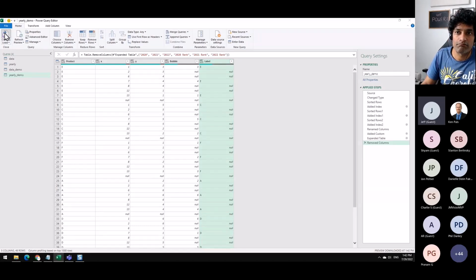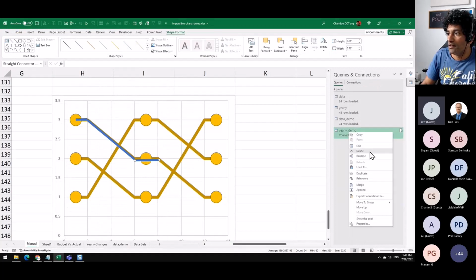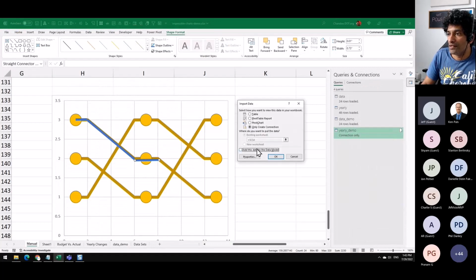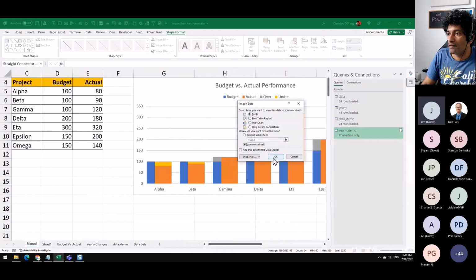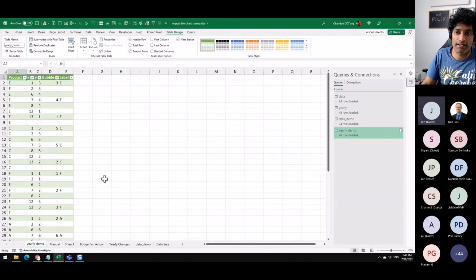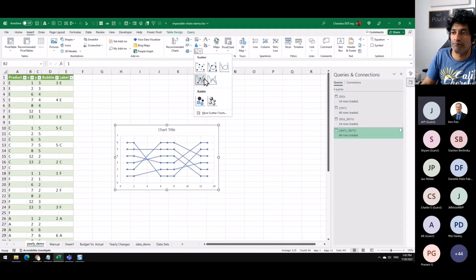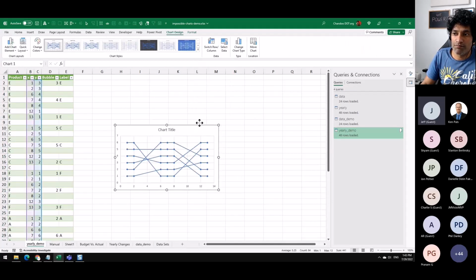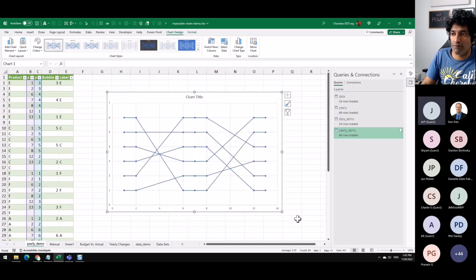And then you can load this up to a new worksheet, and then you will get the expanded table. We're going to try this and then see how that looks. Insert XY. So that looks beautiful. Like you can see the metro map kind of a thing going on.